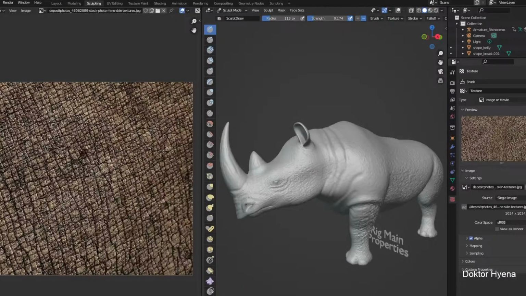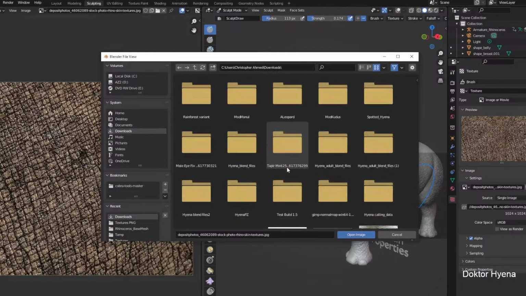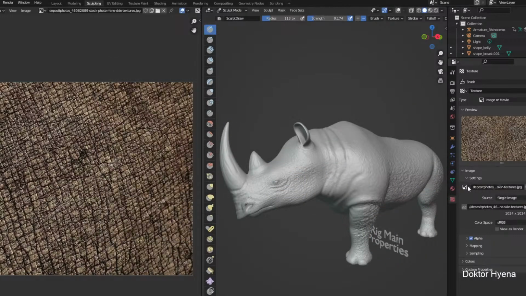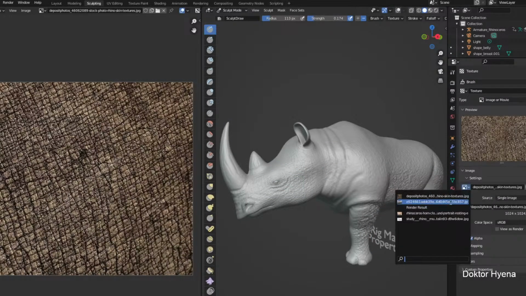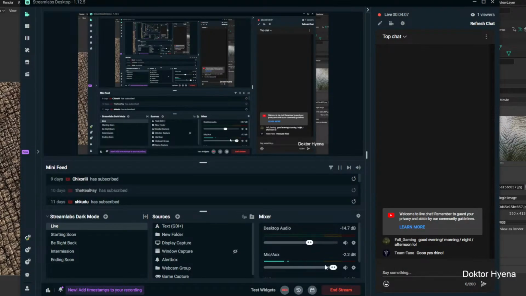Yes, alright. Yeah, that's right. We are working on the Rhino. It's mostly based on the black Rhino, but it's got some white Rhino elements to it as well. Now let me turn off the